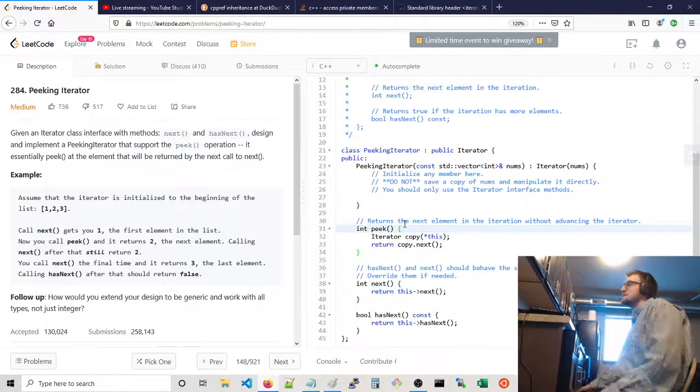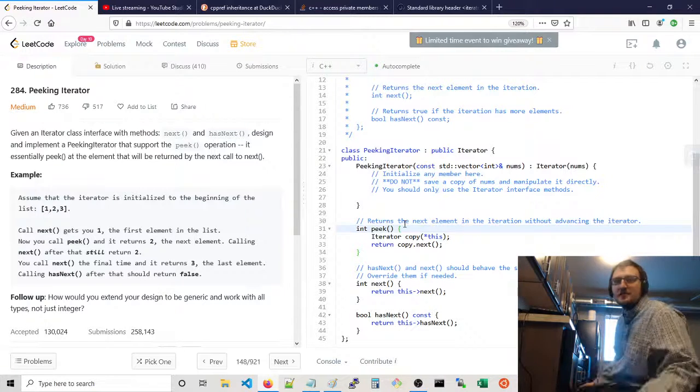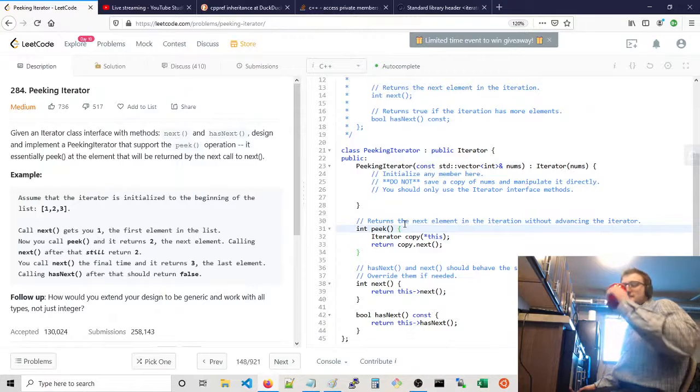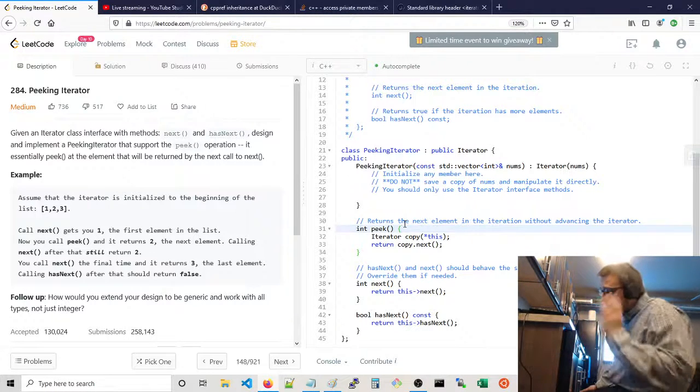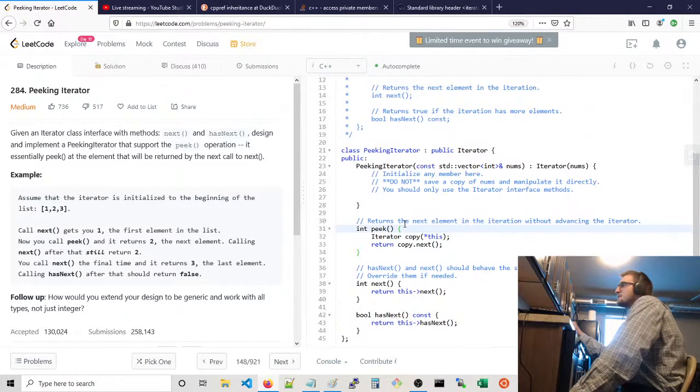But the problem with that obviously is that if it costs you anything to initialize an iterator, that could be expensive. But usually iterators are pretty inexpensive to build, because they're supposed to be just like pointers. The problem with this, though, seems to be that